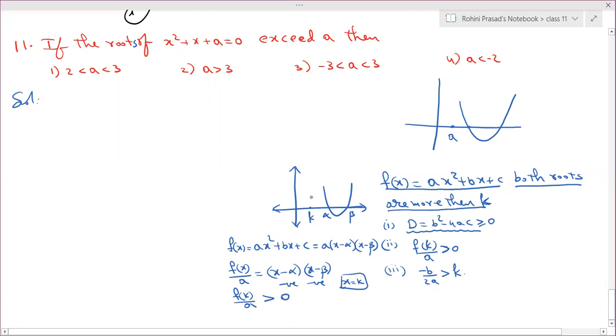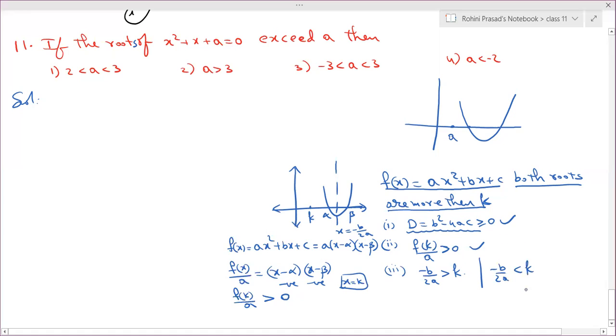But even if k lies on the right side here, both will still be positive and the fraction would be positive. So you get the same condition. These two conditions you get the same for both the roots less than k also. But if you see, this is the line of symmetry, x is equal to minus b by 2a. If k value is less than minus b by 2a, along with these two conditions, then both roots will be